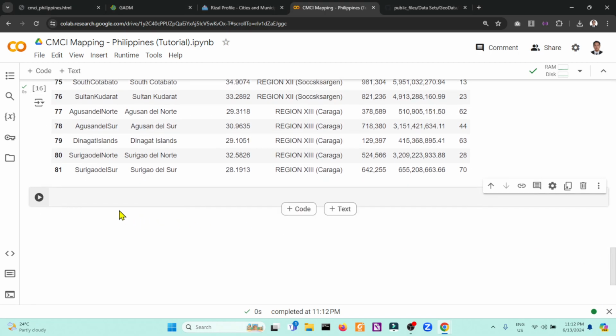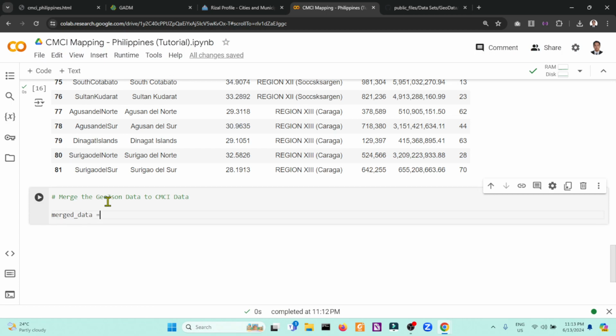So the next step is to merge the GeoJSON data to our CMCI data. Let's create a merge data variable. Then using the pandas library, we will use the function merge.